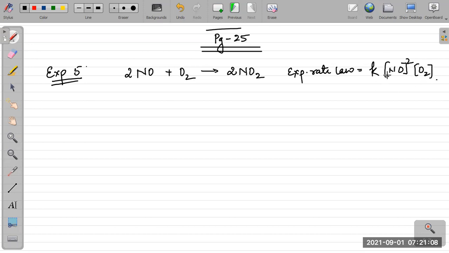ठीक है। अब एक तो हमारे पास रास्ता होता है कि इसको देख करके हम ये बोल दें कि this is an elementary step reaction and this is an elementary single step reaction जिसमें दो मॉलिक्यूल NO के और एक मॉलिक्यूल O2 का एक साथ कंबाइन कर रहे हैं एंड ये दो NO2 फॉर्म हो जाए। ठीक है, फेयर इनफ। सो बेसिकली इसके लिए हमारे पास तीन इक्विवेलेंट पाथवे होते हैं। पहला पाथवे जो होता है लेट अस कॉल इट A, and that is an elementary step where 2NO directly reacts with O2 to form 2NO2।